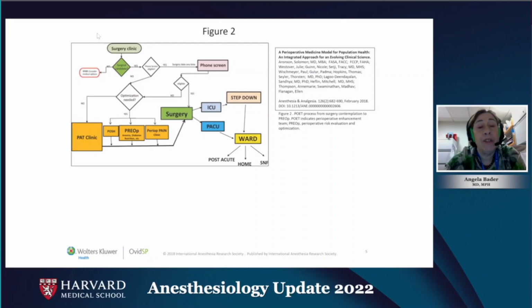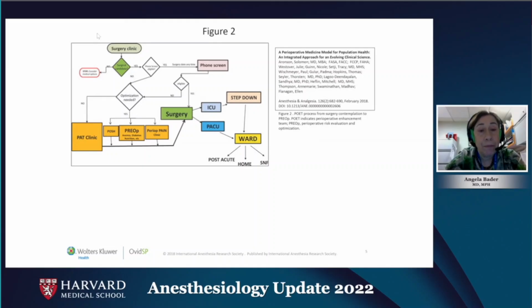What used to happen was that patients went to a surgery clinic and then were referred to either phone screen or clinic visits without standard optimization. But as this slide shows, the patients that are referred to a pre-op clinic are then looked at in terms of whether or not optimization is needed, and then referred to the various subclinics. One of the subclinics that you can see in this model is the POSH clinic, which is perioperative optimization of